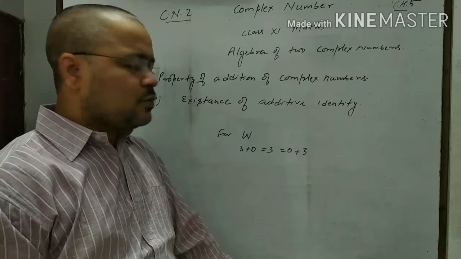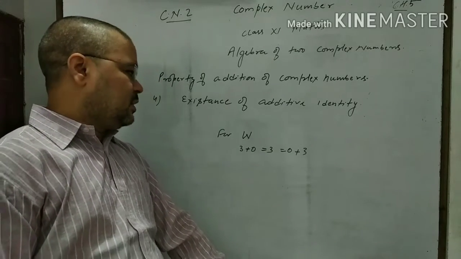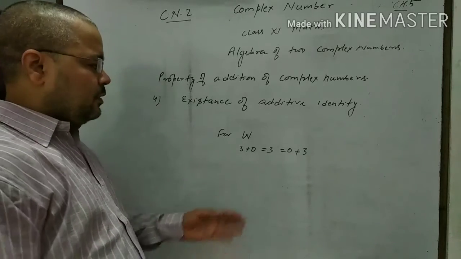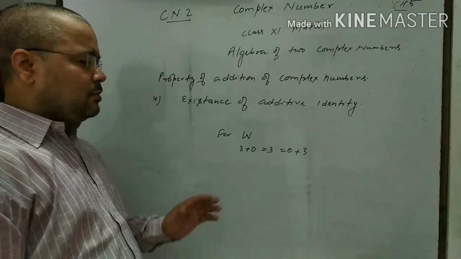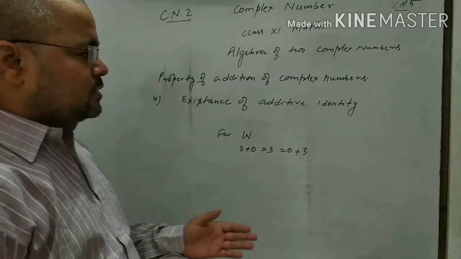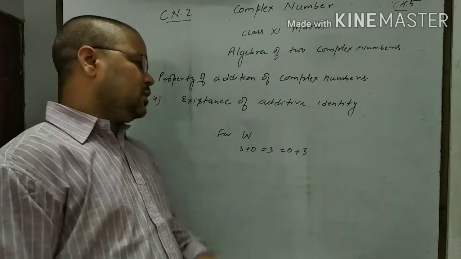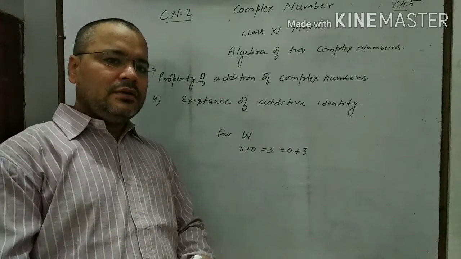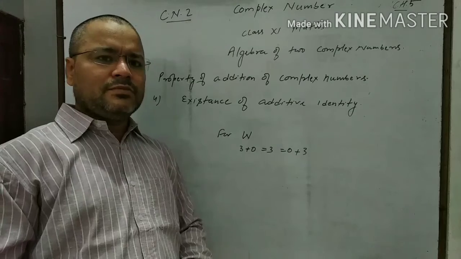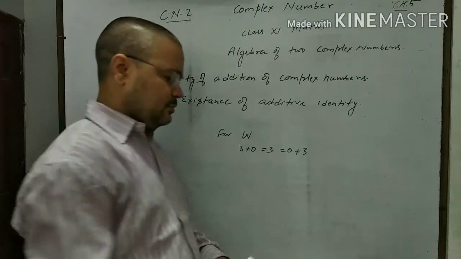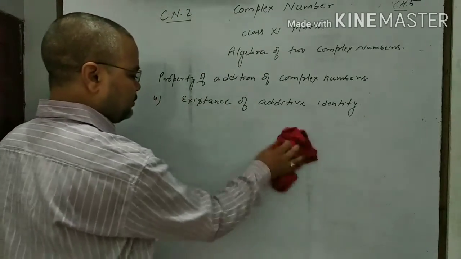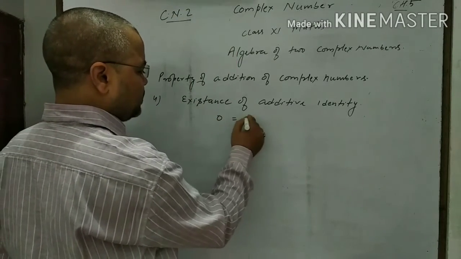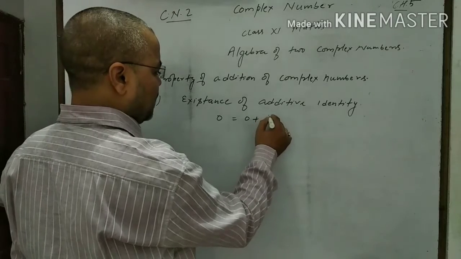Similarly, we can prove that an additive identity also exists for complex numbers. Every whole number is a complex number, so 0 is also a complex number, meaning we can represent 0 in the standard form of a complex number. If we add 0 to any complex number, the result will also be a complex number with the same value. Just like here, 0 can be written as 0 plus i times 0.